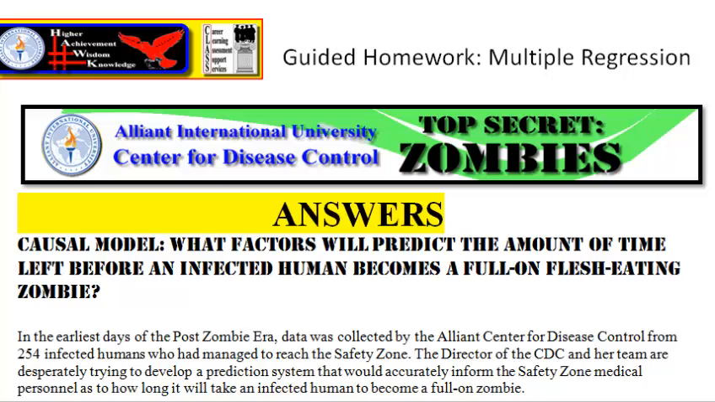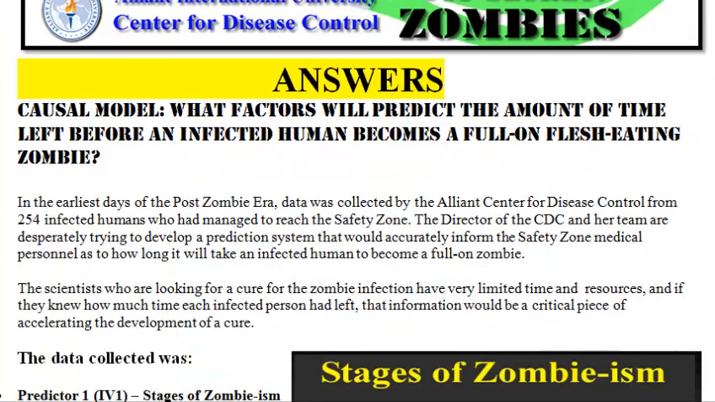This is the guided homework of a simultaneous multiple regression using SPSS. The subjects we're studying are infected humans who will become zombies. So our causal model is, what factors will predict the amount of time left before an infected human becomes a full-on flesh-eating zombie? The detailed question of this guided homework is, in the earliest days of the post-zombie era,